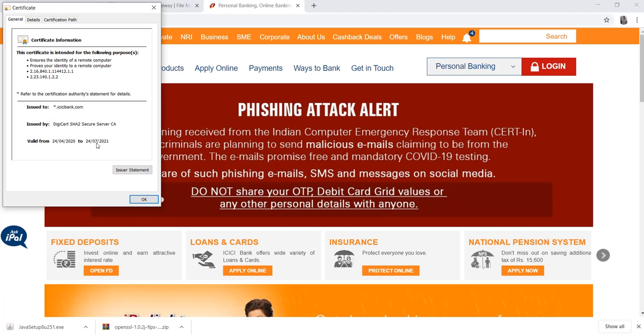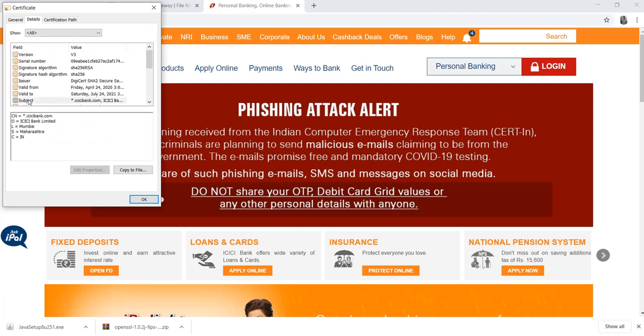Okay, so you can generate the certificate for 1 year, 2 years, or 1 year 6 months. It depends. Now in the details we can see the subject. Here the common name, as I told you, is a very important part. And here the organization name. The organization name is ICICI Bank. Okay, the location is Mumbai and the state is Maharashtra. Okay, and this is in India. So by the certificate you can find out where this site belongs. We can see that this site belongs to India, and the state is Maharashtra and Mumbai.